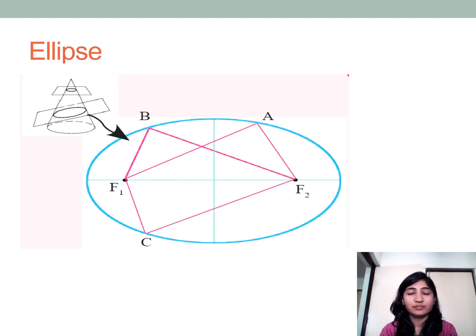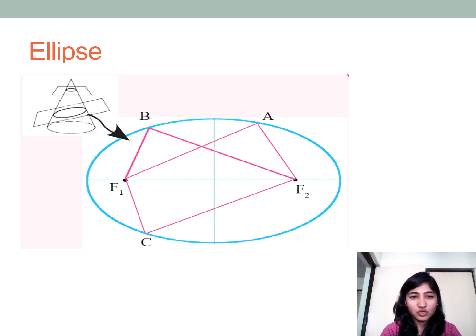Okay, next. To study the next points, we need to study one geometrical shape, that is the ellipse. You can see the shape, it is not like a circle, it is an oval shape, right? So let us see the properties of an ellipse. As we know, a circle has a center and a radius which is the same for all points. The distance of the circumference from the center is the same. But here in the ellipse, we have this,